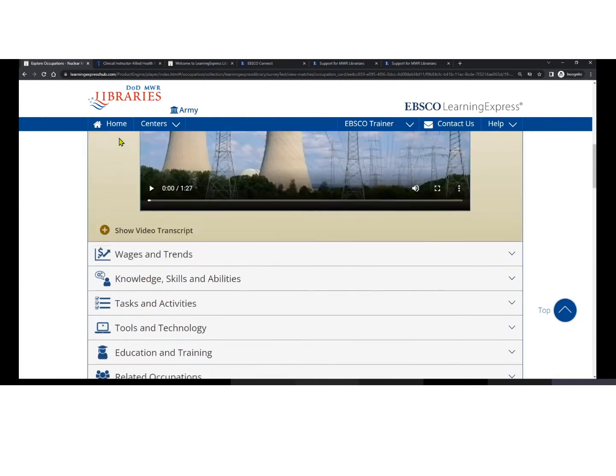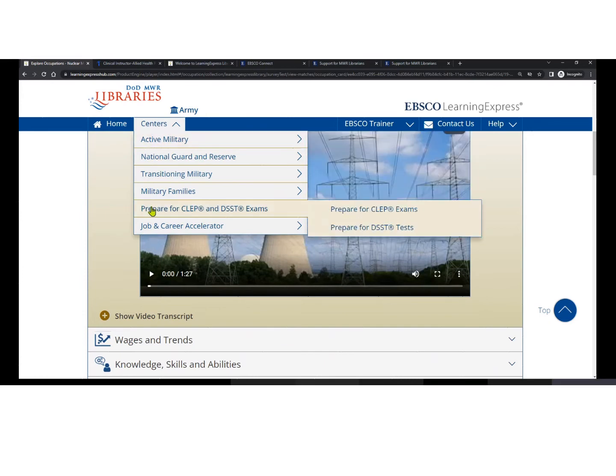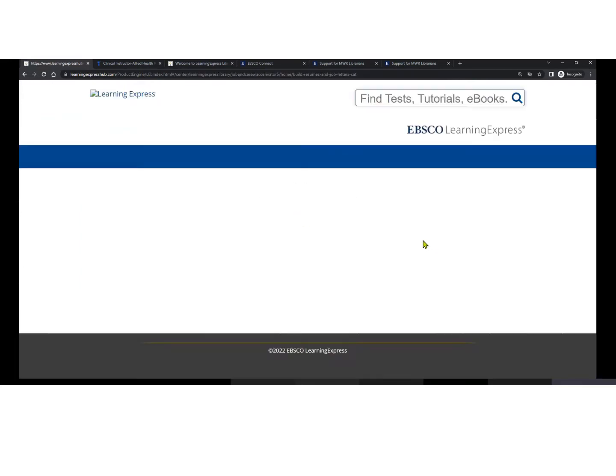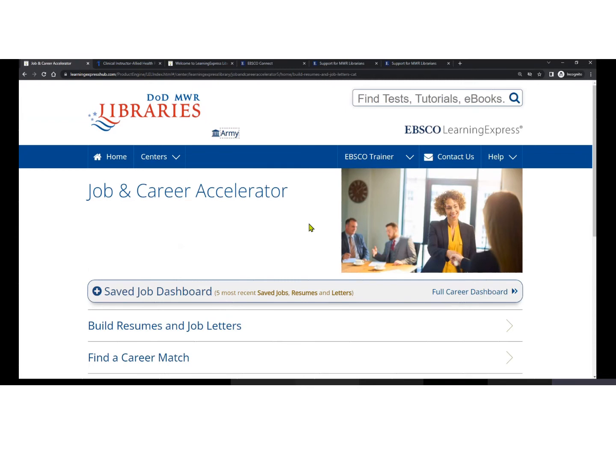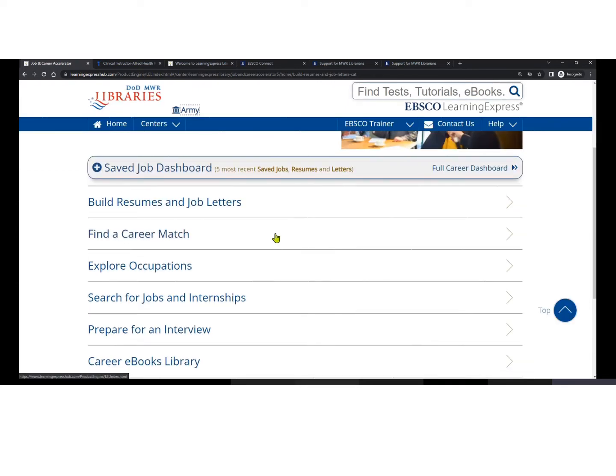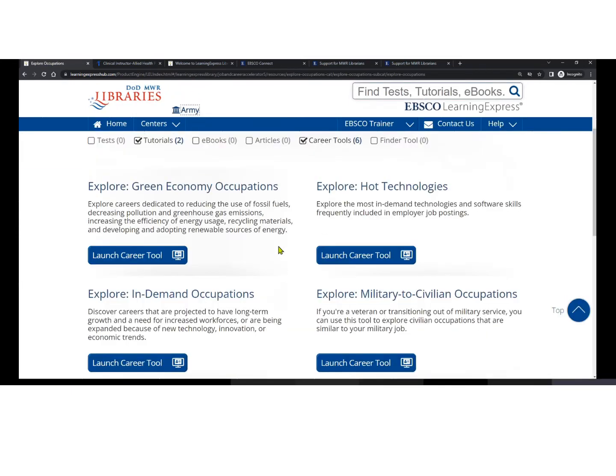Okay, so let me go ahead and click back to Job and Career Accelerator and just reacclimate to where we started out. We started out by clicking the Find a Career Match section, and we completed that survey. But you don't have to complete the survey to explore over 1,100 different occupation profiles. You can click Explore Occupations here, and we have different segments. We have Exploring Green Economy Occupations, Hot Technologies, In Demand, and we even have a Military to Civilian Occupation Exploration tool. If I were to launch that one,